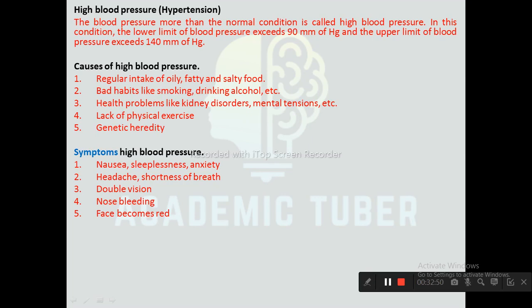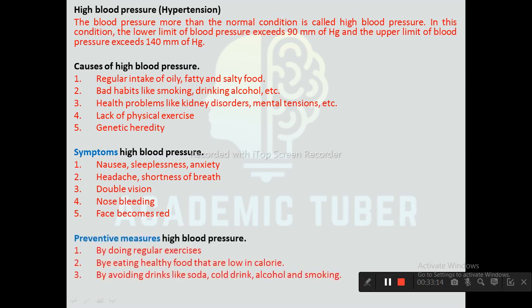Regular intake of oily, fatty and salty food, bad habits like smoking, drinking alcohol, etc. Health problems like kidney disorder, mental tension, etc. Lack of physical exercise, genetic heredity. Whereas symptoms of high blood pressure are nausea, sleeplessness, anxiety, headache, shortness of breath, double vision, nose bleeding, face becomes